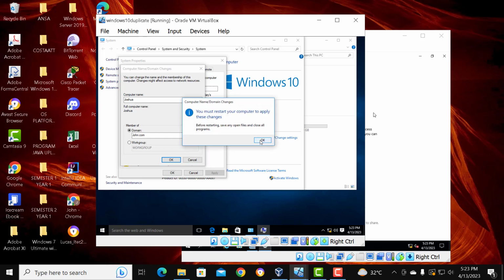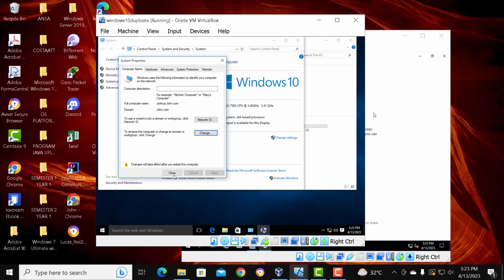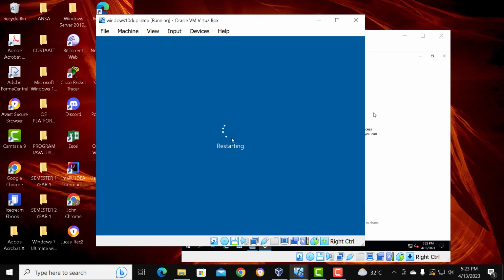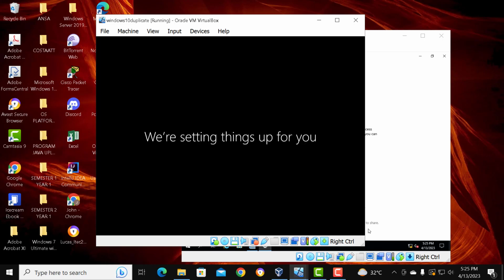Okay, so let's restart. Just gonna give me that option to close this particular window. I want to restart now, so let's restart. Right, so once we restarted and we've actually entered our credentials, in this case we are going to log